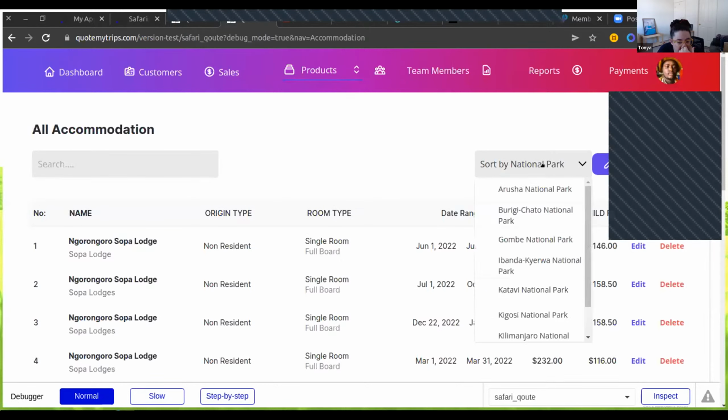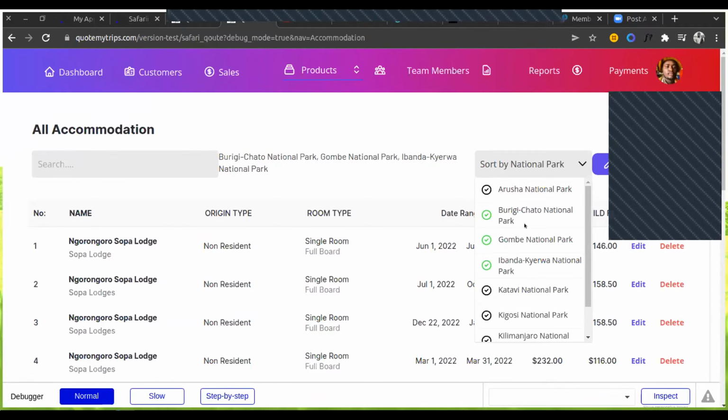So you want to sort by national park, or you want to filter by national park? It says sort by. You mean filter? Filter. I mean filter. And it needs to be an accommodation that includes all of those national parks, or just at least one of them? At least one of them. Okay. And then